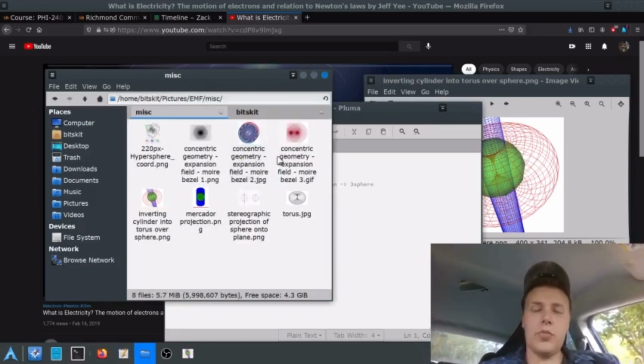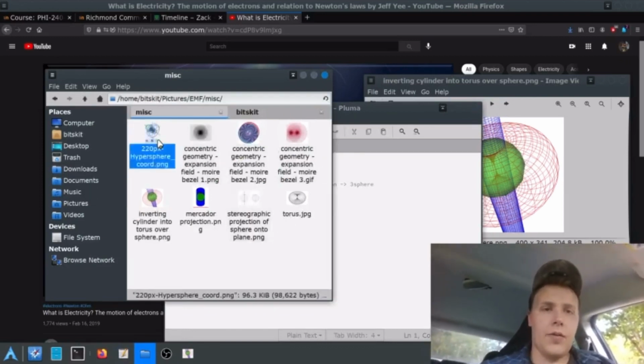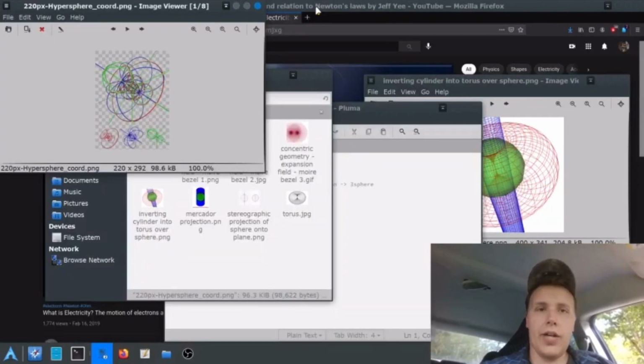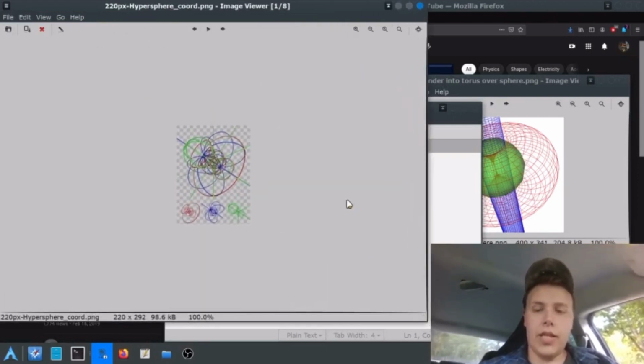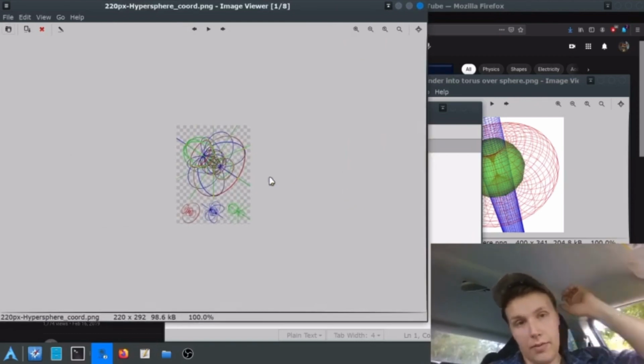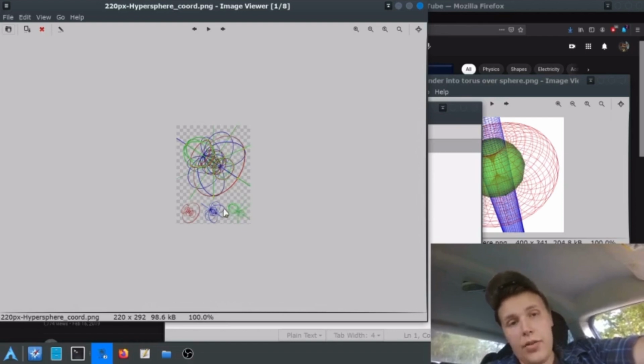And another thing I noticed from this is, if you've ever seen a diagram of something called a hypersphere or a globe, you're looking at the parallels and meridians of a four-dimensional sphere. So this is really peculiar because this right here looks just like the